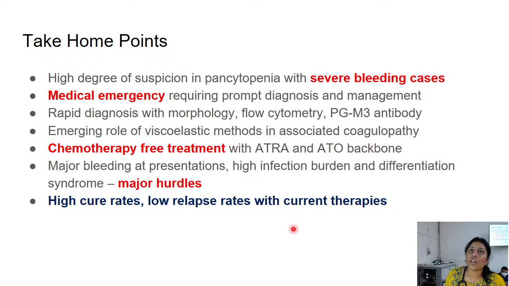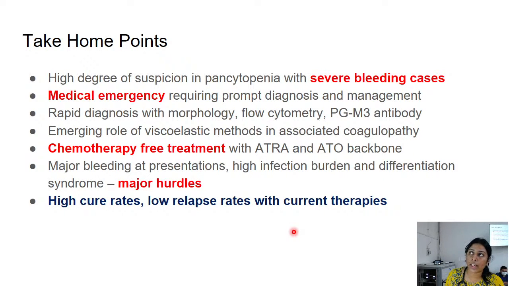So, take home points. We all need to have a high degree of suspicion in patients presenting with pancytopenia and severe bleeding manifestations. It is a medical emergency requiring prompt diagnosis and management. Rapid diagnosis with morphology, flow cytometry, and PML antibody can be done. There's an emerging role of viscoelastic methods in associated coagulopathy. Recent protocols are